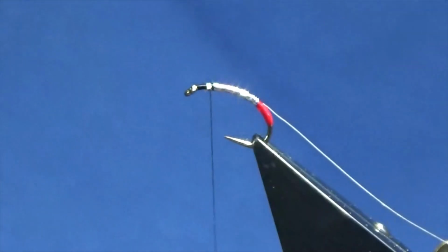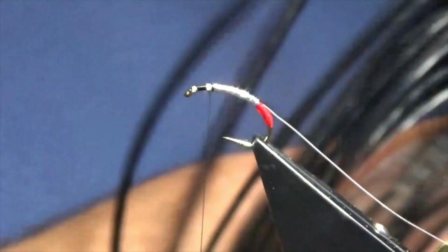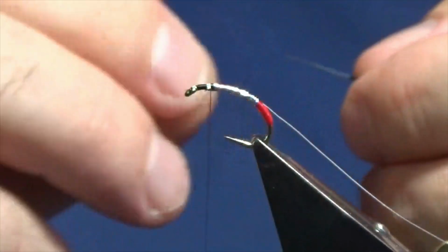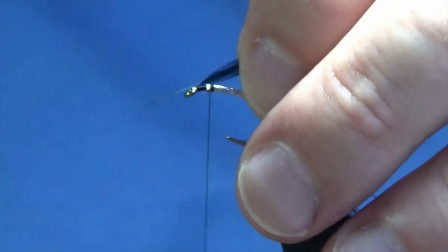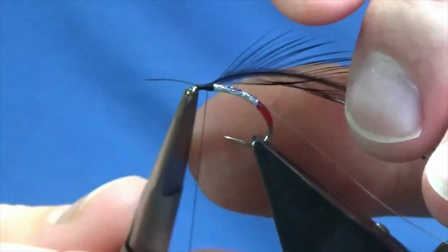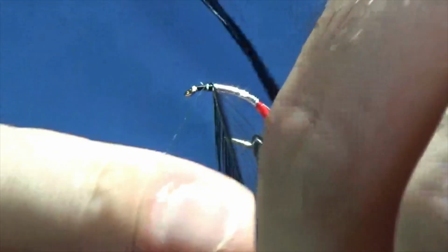Now the body hackle is just a black cock saddle hackle. I'll just show it to you, it's there. I'm just going to catch this in. I've already stripped away the fluff at the bottom, just to bare the stem. Sorry. Just going to come in and catch this in. Then I'm going to trim away the excess stem, and then we're going to palmer